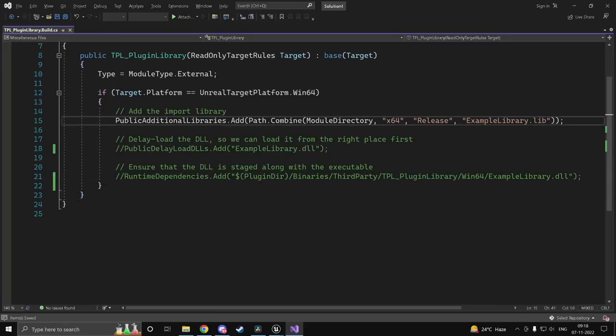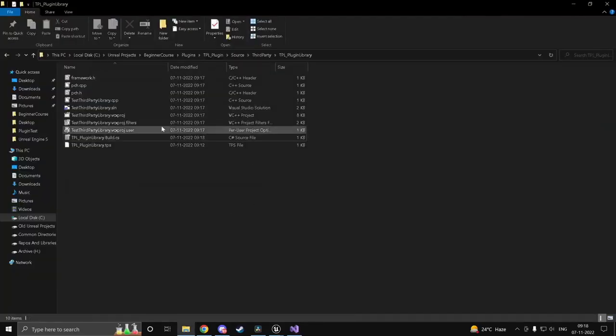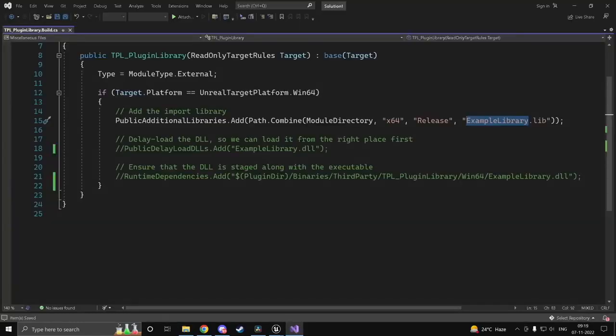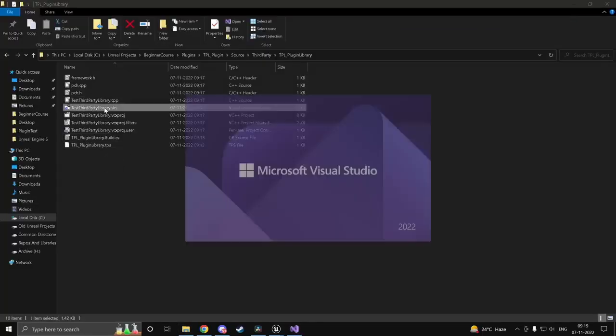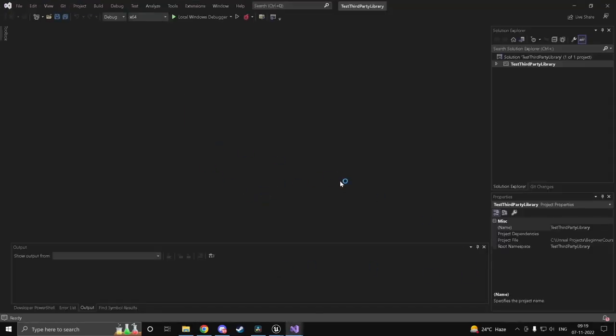And this is basically your library directory and the library file itself. Now example library.lib was the file which they had created. So whatever example library they had, that file was named example library.lib, but ours isn't here yet. So we can just go ahead and add in some sample code so that we can actually create it. So head in here,